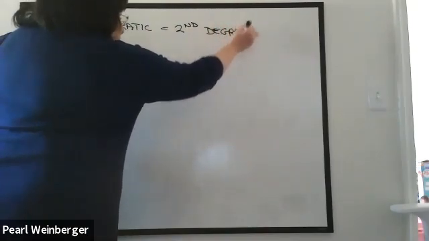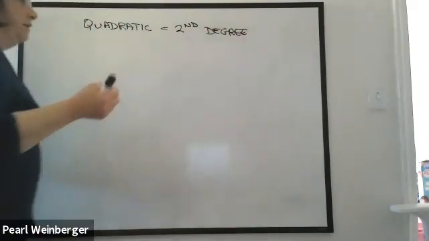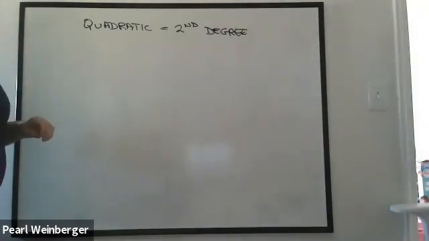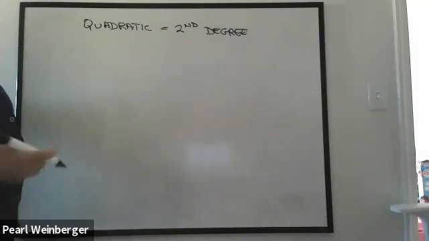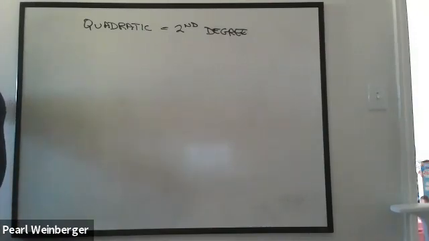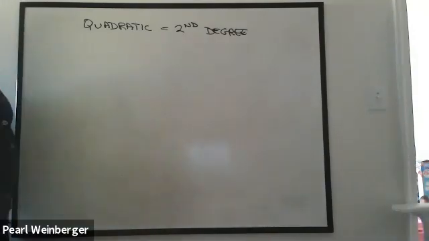The degree is the highest exponent. When you have a second degree, it means you have an exponent of 2. You came into this course knowing how to solve linear equations, just regular equations. You probably also knew how to solve quadratic equations, the simple ones, because we've already learned or reviewed how to solve quadratic equations by